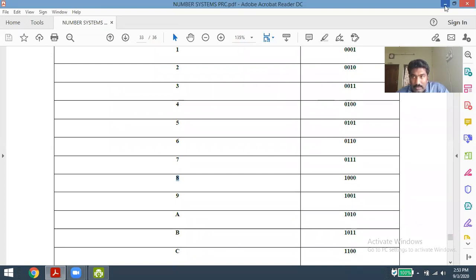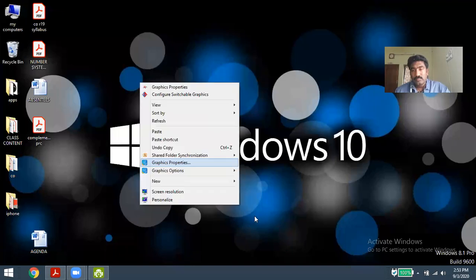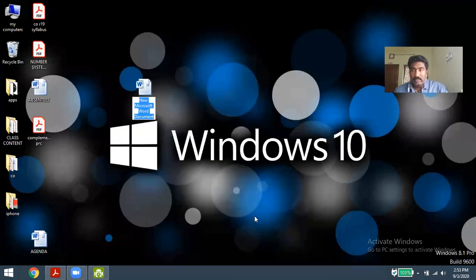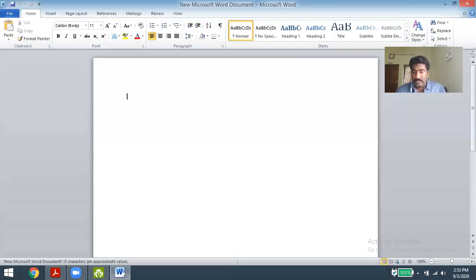So I will explain with an example. I will end the section in 5 minutes, just wait for 5 more minutes. Just take the 8421 format. I'm using it like this. Is my screen visible?